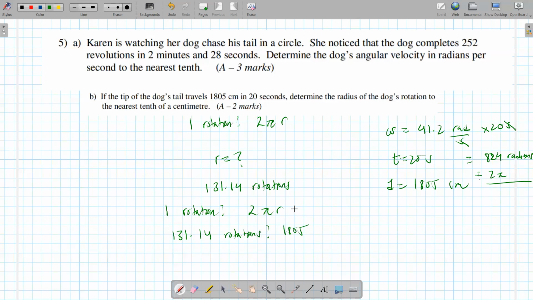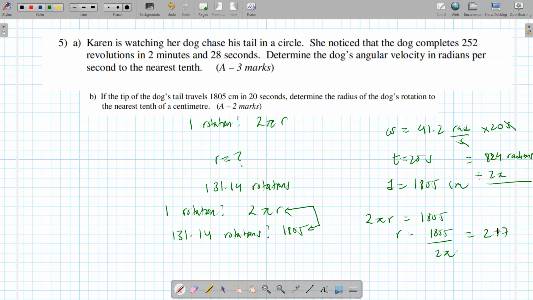So that means this is equal to this, you see? And then you just solve for r. 2 pi r equals 1805. So r is 1805 divided by 2 pi, right? Divided by 2 pi. So the answer is pretty big. 280, so did I do this right? 1805